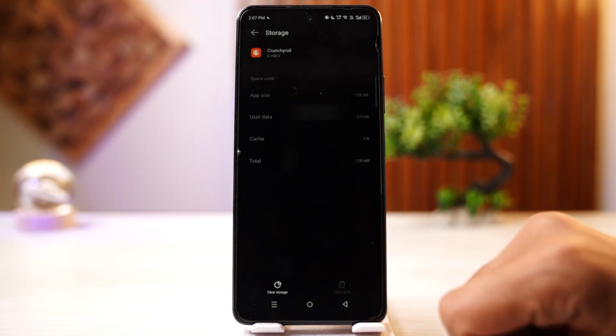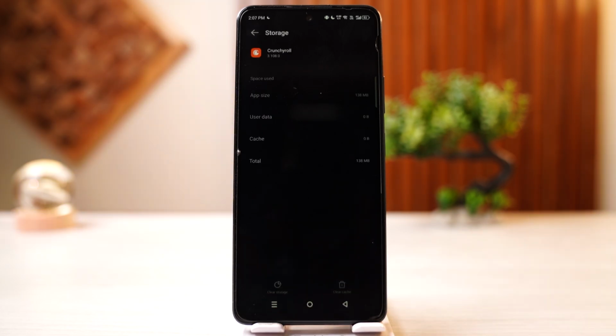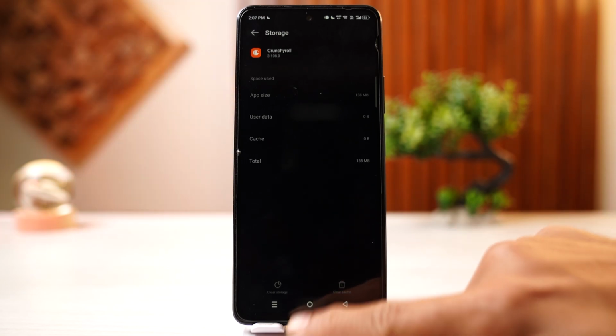If you want to delete the files of the application, simply click on clear storage and click on delete. By doing so, the next time you open the app, you shouldn't be facing any problems with your login. However, if there's still any other kinds of problem with the application, you can simply restart your device once and